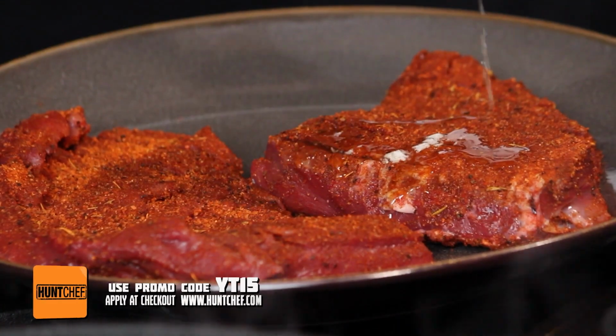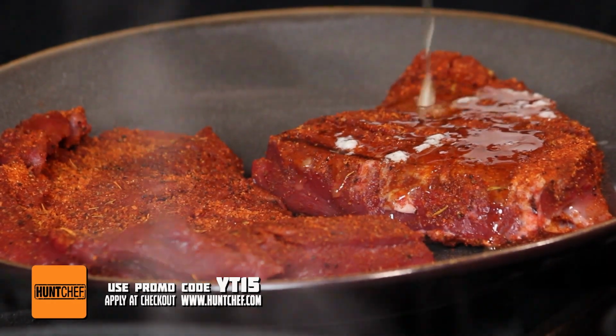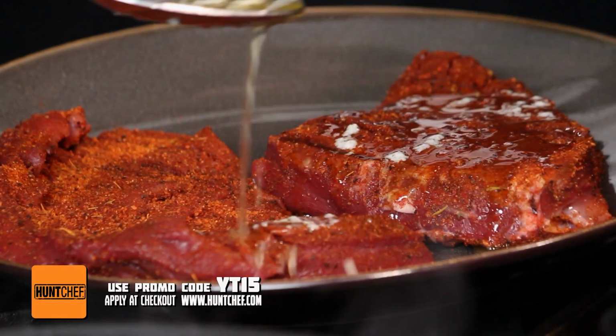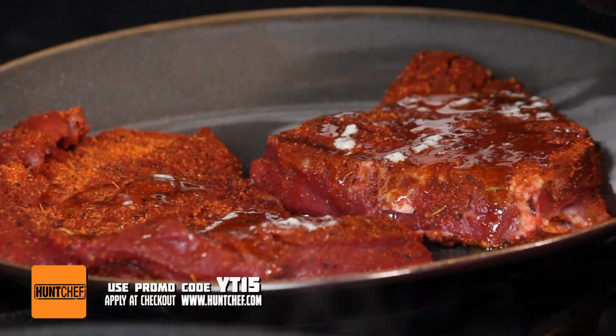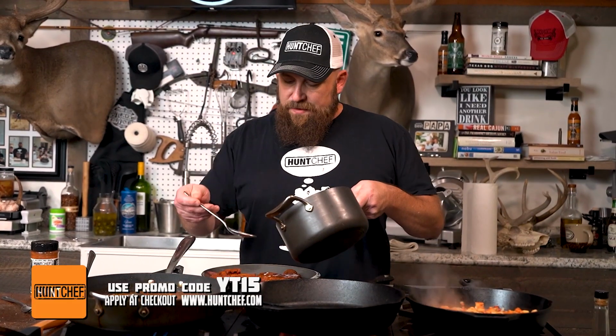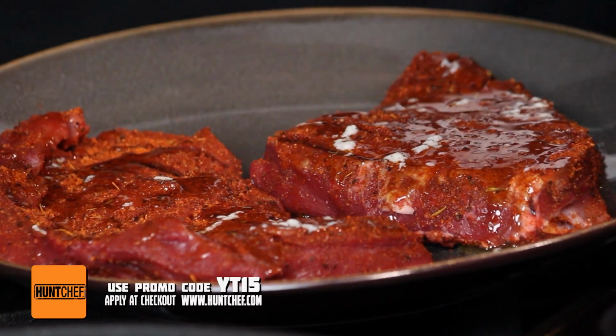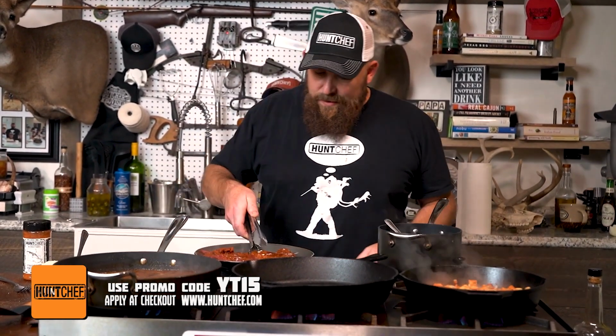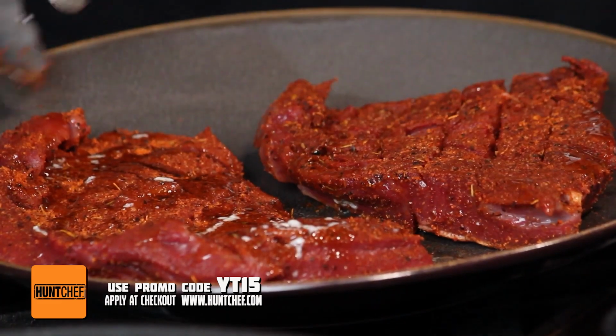So we're already seasoned up. We've got this melted butter. We're going to drizzle. And oftentimes you'll find that if the meat is cold, when the butter goes on, it congeals quickly. It makes sort of a crust on there, and you're going to like that if you try it a lot. We're a little warm here on the set today, but it's going to work out fantastic for us. So, liberal coating of the butter on one side. We're going to turn these beautiful pieces of venison heart over